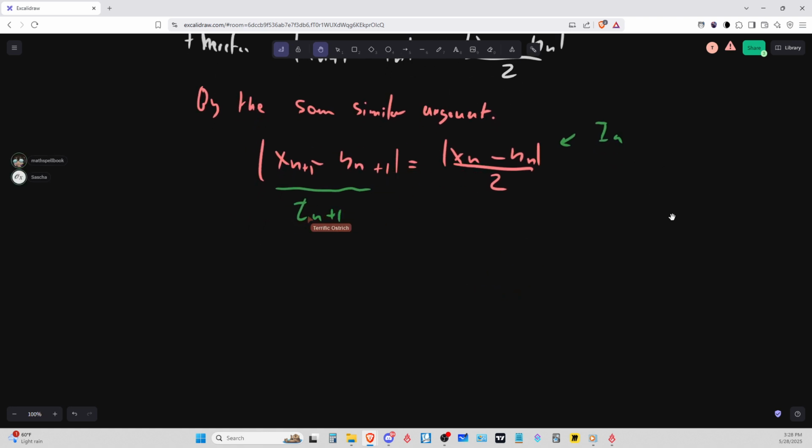So now we have this, which tells you the distance between the two for the next step, right? And we know what the difference is at the start, right? Because we know that x_0 is equal to 1 and y_0 is equal to 2, right? Therefore, the difference between x_0 and y_0 is going to be 1. And if we use this formula by induction,